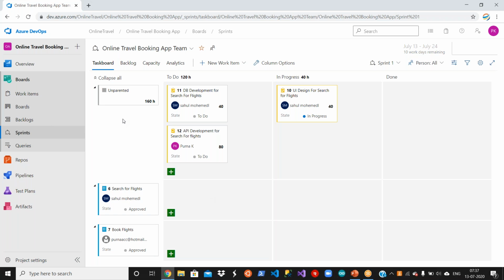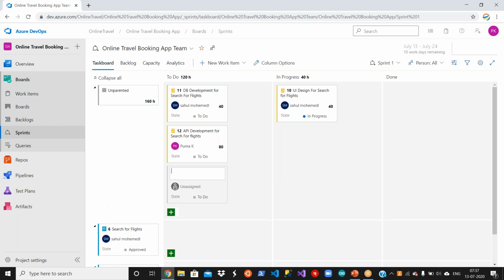And on the left hand side, what you see is product backlog items. And within the board you see is a task. Everything is a task here. You can add a new task from here as well. You see the plus symbols. Wherever you are creating that work item like a task or anything, it will go to the same window. If you can open this, you create something like, I would say,